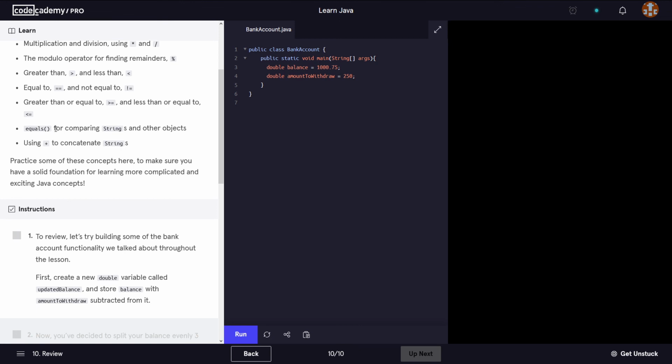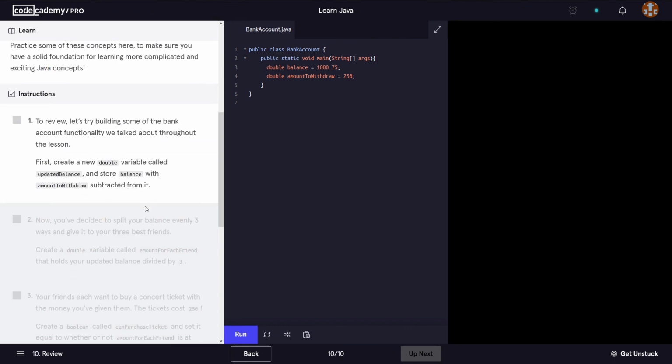Equals as a method for comparing strings and other objects, and using the plus operator, the plus sign as we know it, to concatenate strings. Practice some of these concepts here to make sure you have a solid foundation for learning more complicated and exciting Java concepts. Okay, so if we have a look at the first instruction, it said, to review, let's try building